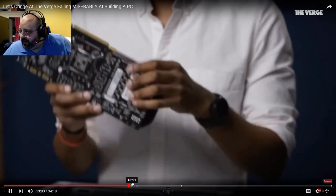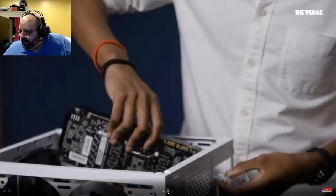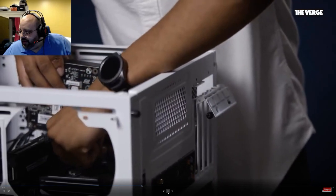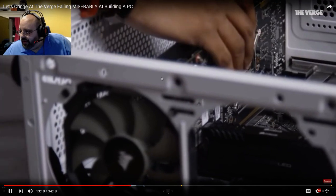You're just going to find the gold connectors, and you're going to line this bracket with the back end bracket of your PC case. Now, which lane you choose depends entirely on what other parts you're going to put in the system. I'm just going to pick the top one because the...